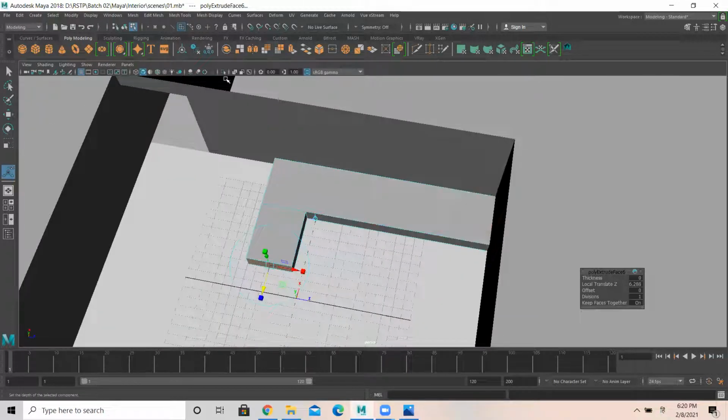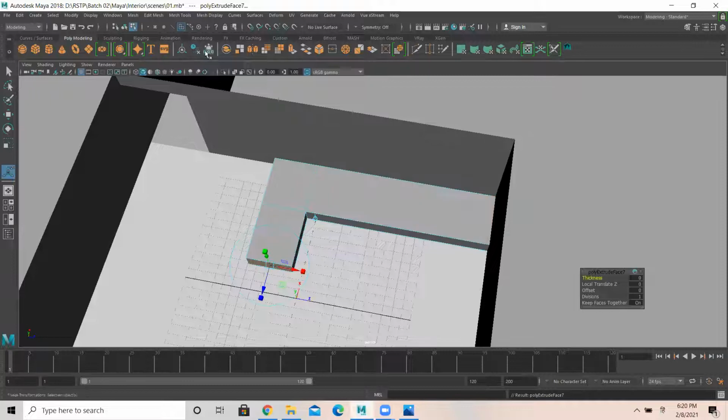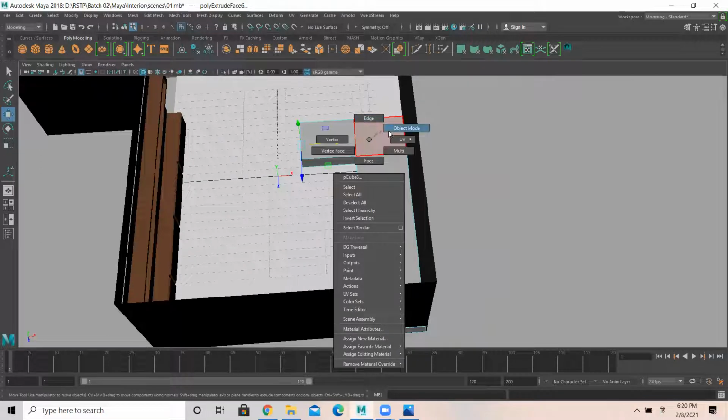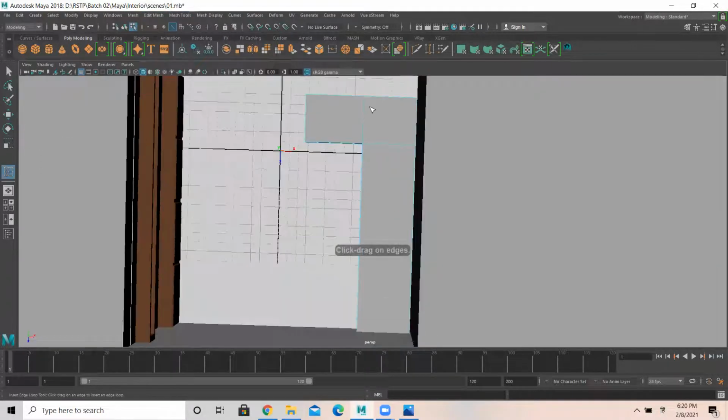So then after this, let me add a mesh again, one mesh. Insert edge loop, one here like this.